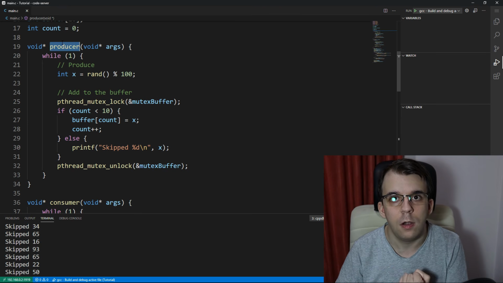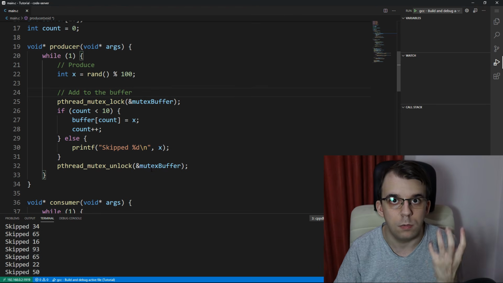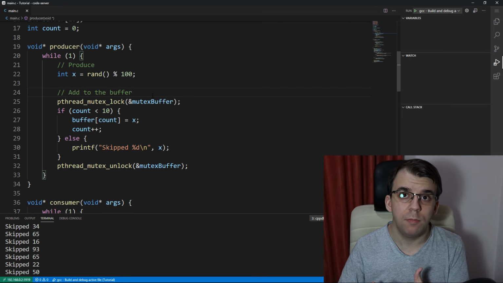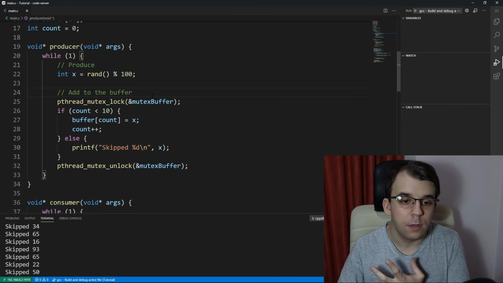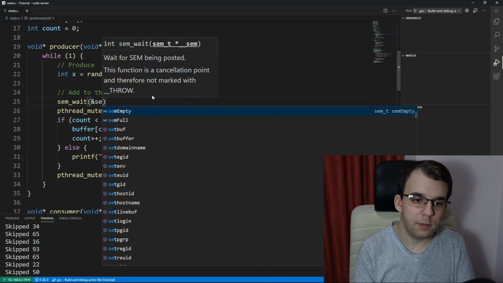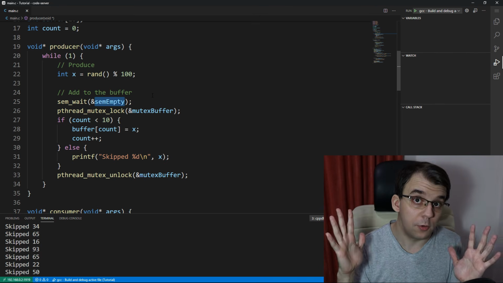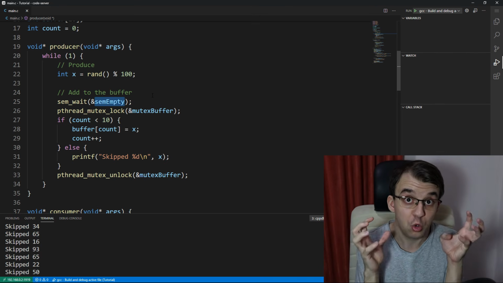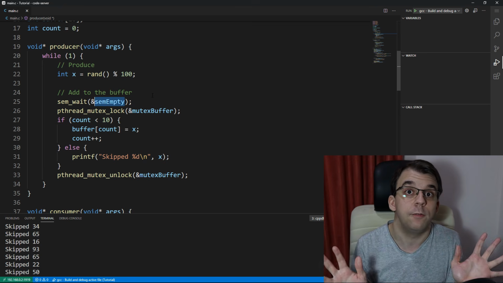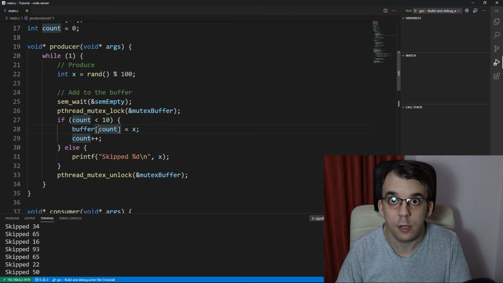Well, in the producer, we're gonna have to decrement before actually putting something in the buffer. So decrement and wait until there is an empty slot, right? So we're gonna sem_wait on sem_empty. If sem_empty is 0, that means there are no slots in the buffer, therefore we should wait here. There's no point going forward because there are no slots left for us. Okay, so that's fine. If this passes, that means that there are slots,